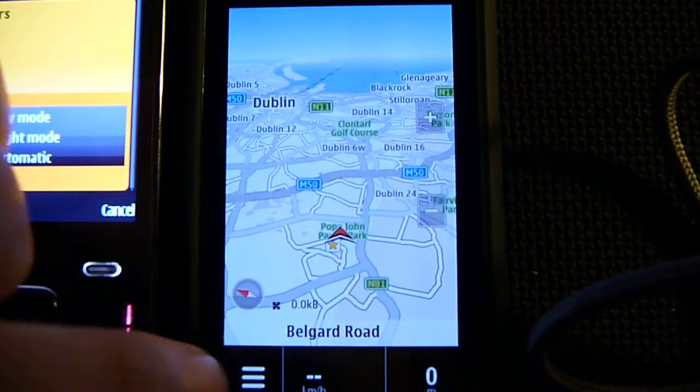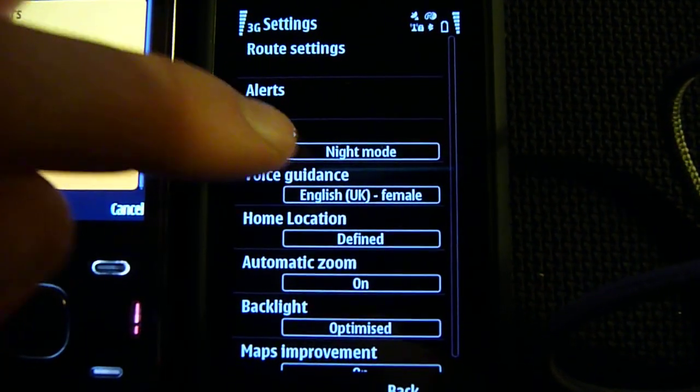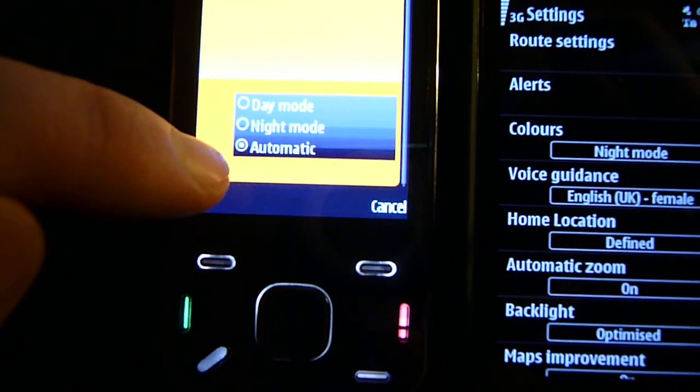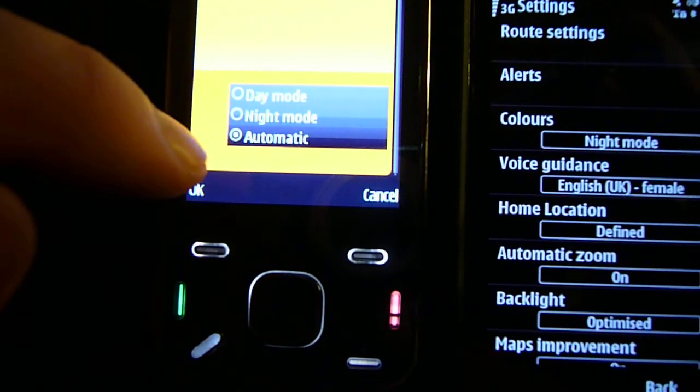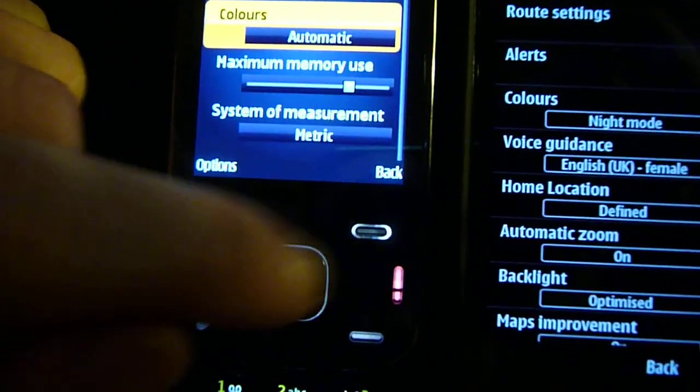Here, just let me go into the settings here. Oops, sorry. So settings and colors, you only get night and day mode. What happened to the automatic mode? This was very handy. At around 6 o'clock it automatically changed into the night mode, which was quite handy. Now next,